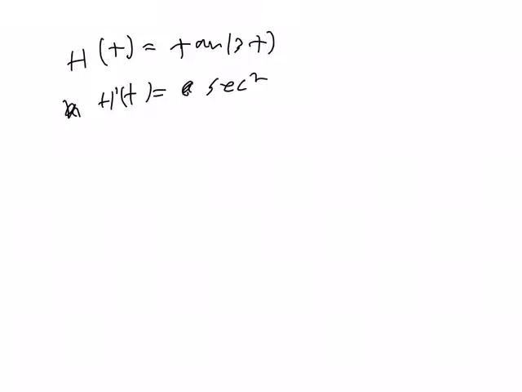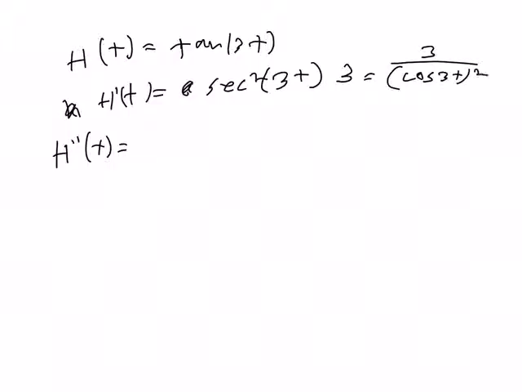Okay, h of t is equal to tan of 3t, so h prime of t is going to be equal to secant squared of 3t times 3, so h double prime of t, right, this is the same as 3 over cosine of 3t squared. So h double prime is going to be, so it's going to be cosine times derivative,